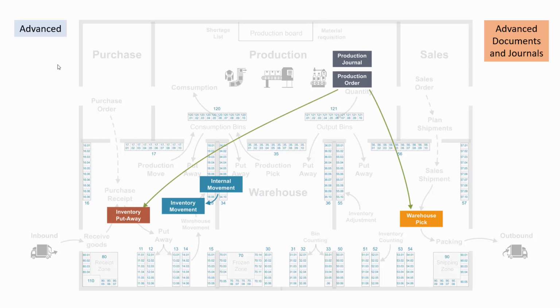Note this, when you are outputting the items from the production order, you will create an inventory put away directly from the production order, and the inventory put away will post output while also moving the item into the correct bin. So even though the inventory put away is normally intended for simple warehouse functionality, using production orders, it will also be used in the advanced functionality.